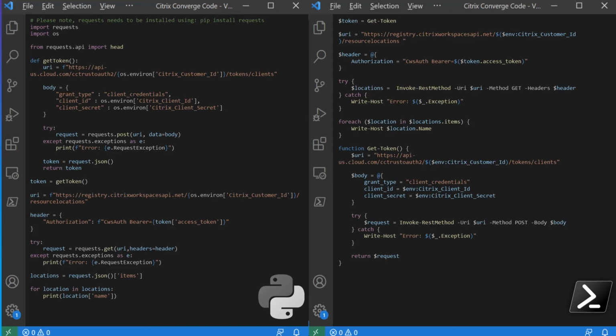and we pass it the token that we got back from our getToken function. So after we set up the header, again, we can use a try-catch or a try-except to do the actual requests. It's a getter this time because we want to get the resource locations. In case of Python, we use request.get, and in case of PowerShell, we used Invoke-RestMethod with the